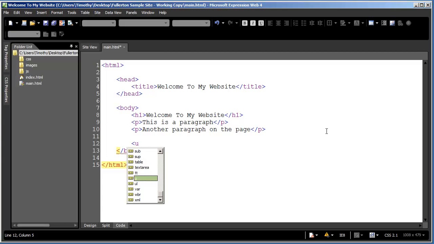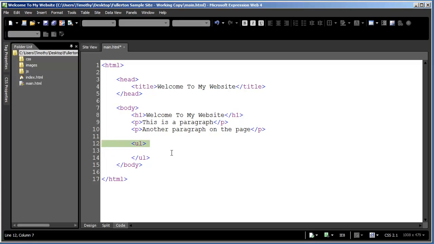But if I wanted a bulleted list, I would start by opening a UL tag and then by closing the UL. And now it can be said anything that I can put inside of this is said to be contained in this unordered list. Now, the different elements in lists in general, whether they're ordered or unordered, are contained in LI tags or list item tags. So let's say I wanted a list of names here. I would do LI